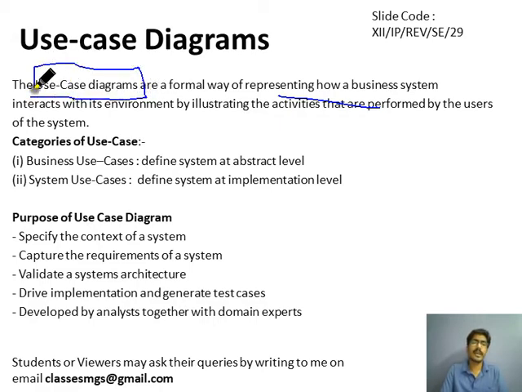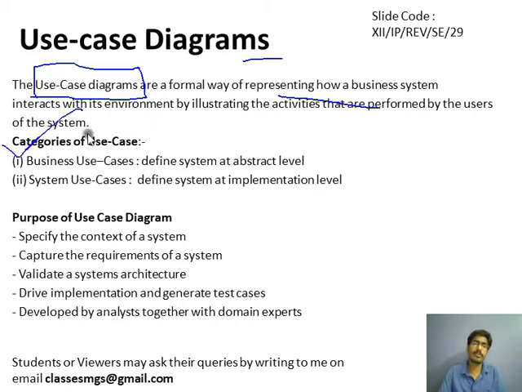Use case diagrams are a special kind of diagram basically used to design software: how the software will work, who the users of the software are, what features the software provides, and what dependencies the different features follow. All these things are displayed in the use case diagram. We will discuss it with an example in the upcoming slides.